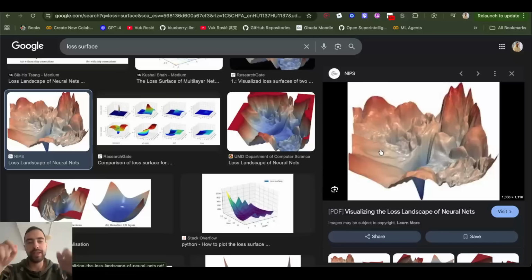So you want to make error small. So you want to go down on this surface. So in which direction do you move to go down on this surface? Now I know if you've never heard of loss function in neural networks, then this is confusing. How is this showing an error? But we will talk about this later. But just know that